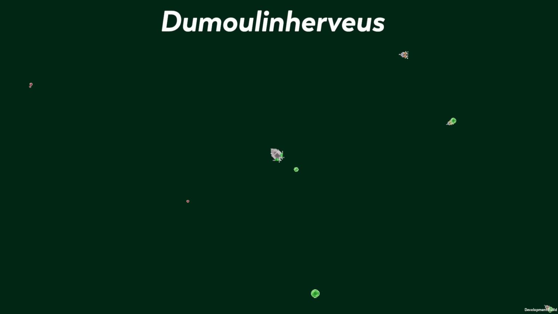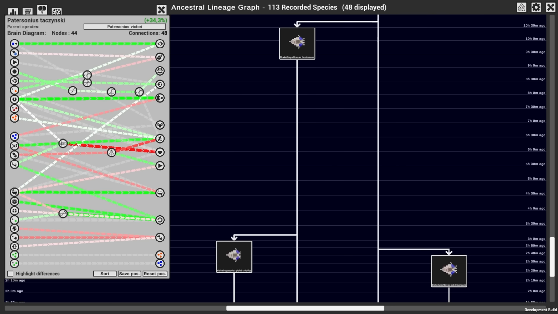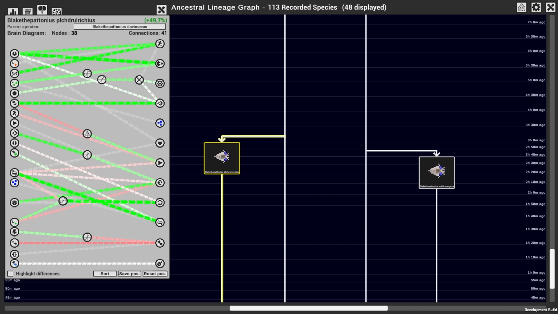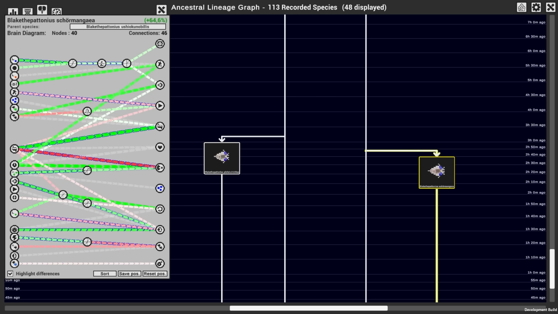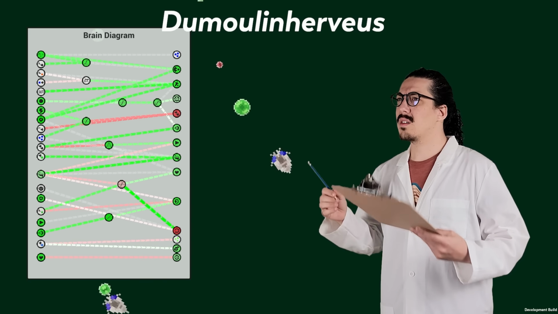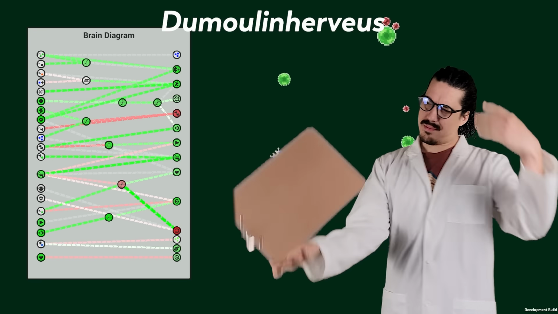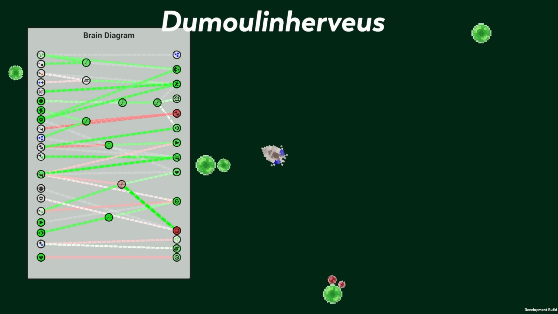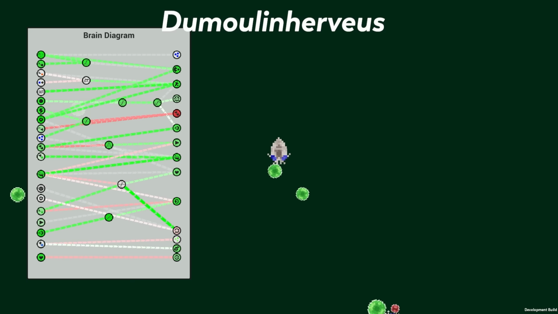At this point, evolution has slowed down quite a bit and genes have mostly stabilized. Most of the interesting developments now come from brain mutations. In general, it's now pretty difficult to look at their brain and distill their behavior, with so many interacting systems and crossing connections. They all have multiple senses connected to their acceleration and rotation nodes, making it hard to predict their movement from looking at their brains alone. We now mostly have to rely on observing their actions to decipher their behavior.